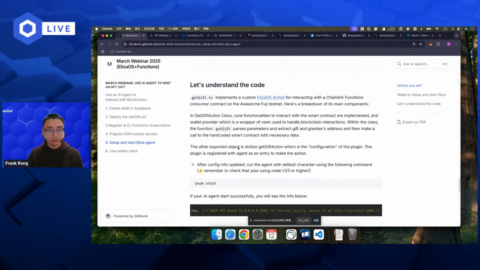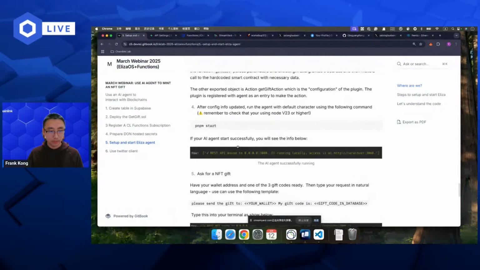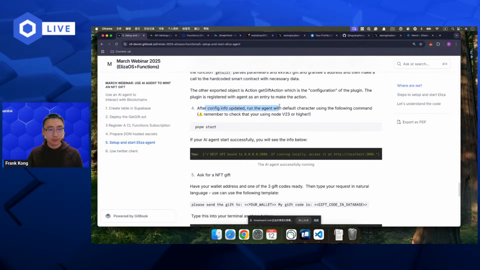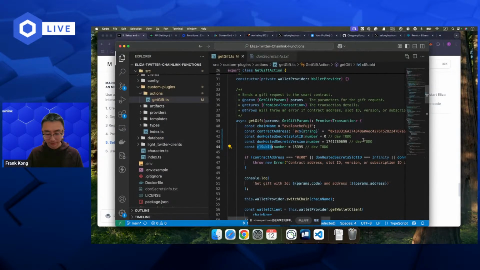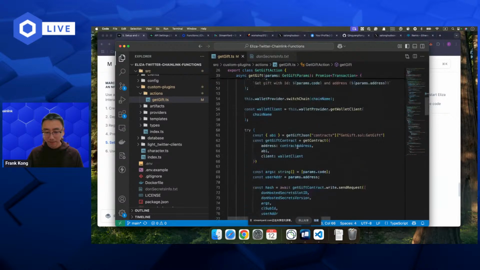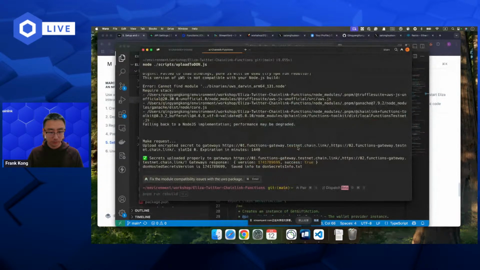Okay, here. So next, we can just start our AI agent. Let me go to the terminal and run npm start.